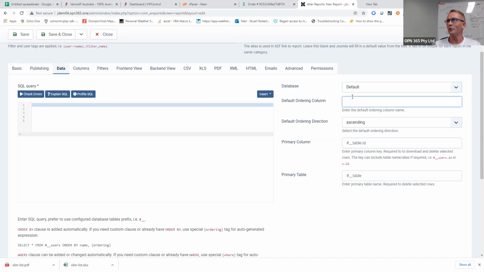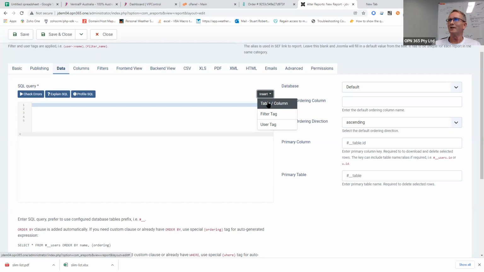Once we've got a default ordering, once we've got a column on our report, we can set the default ordering from this basis here. And there are some other quite neat ways we can do additional ordering and so on. But to get us going, and because we all know